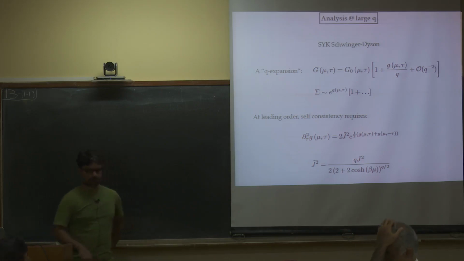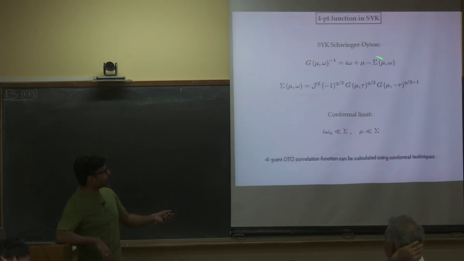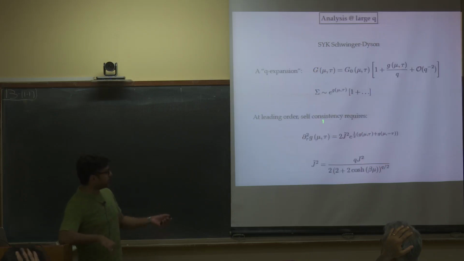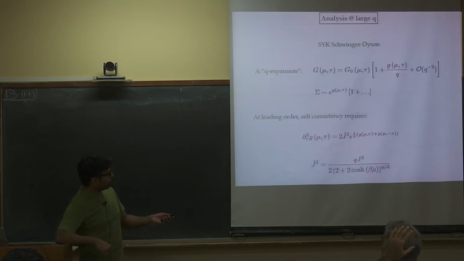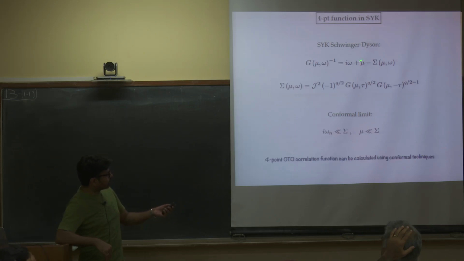Good point. But then why is renormalization happening? Oh, so there are two ways to do this. I can start with this and drop both of these terms, and then I get the deep IR result. But I can also keep this entire expression and do a 1 over q expansion. In the 1 over q expansion, when I say that you get exactly the Maldacena-Stanford answer, I mean not necessarily the answer that you get in the conformal limit. Even without the chemical potential, suppose I did not have this term, I could solve these two equations in the large q limit.